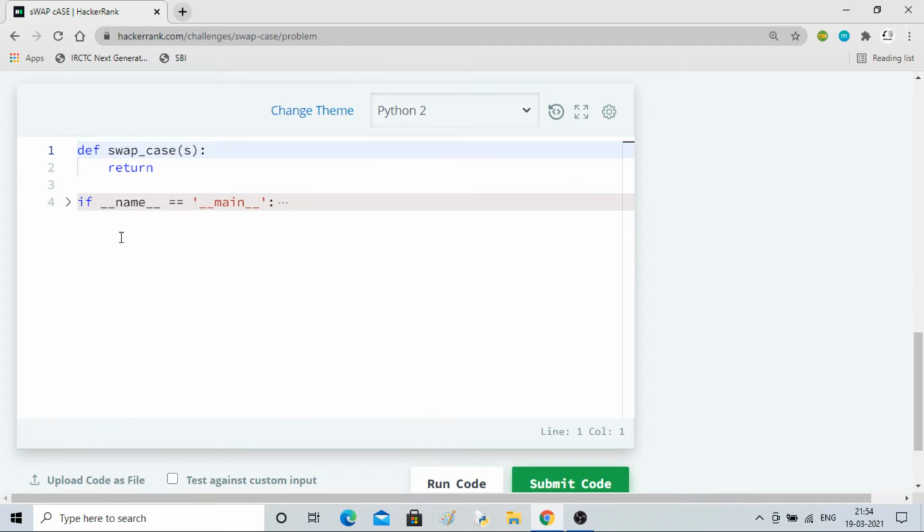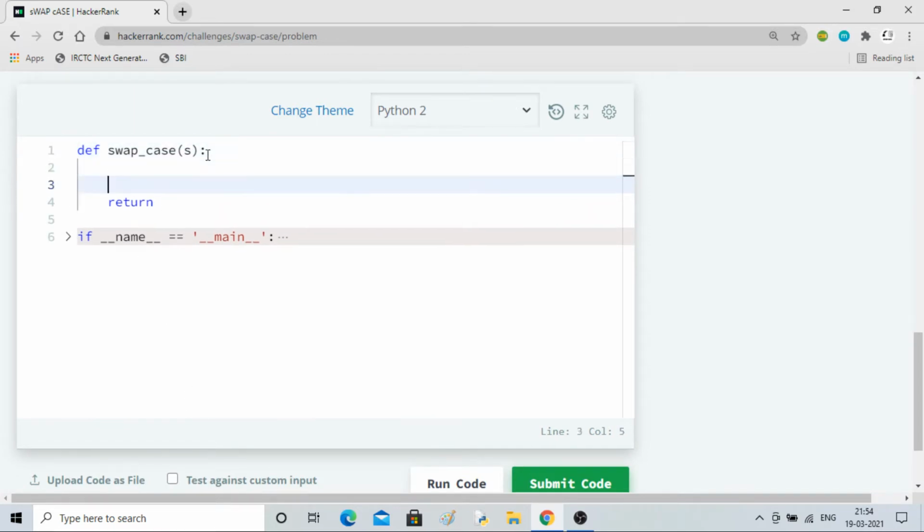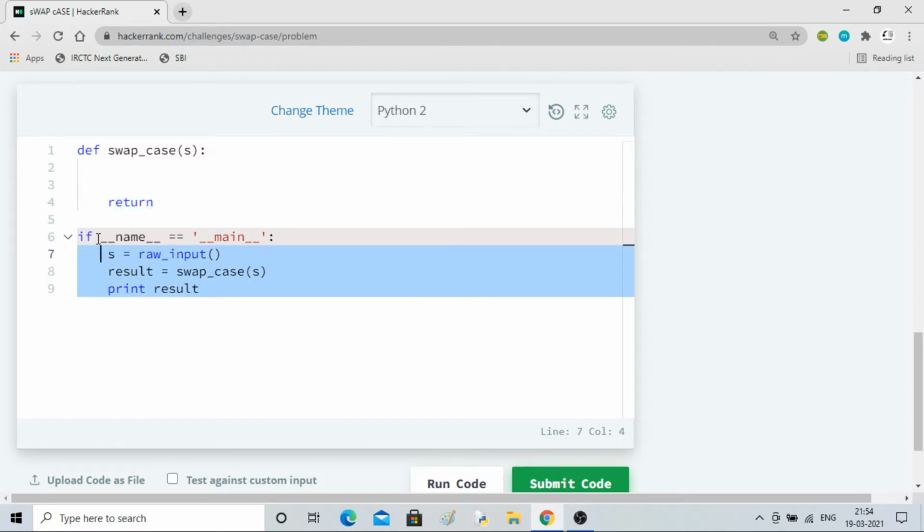And the base code we have been given, we have to design this in the form of a function, you can see. So def, which is called swap_case, and there is an argument called s. So I'm assuming a string will be passed through this s. We have to write code here, and then we have to return. Then you can see that this line of code was hidden. We can't change it, I can't do anything, even if I type it, it is fixed.